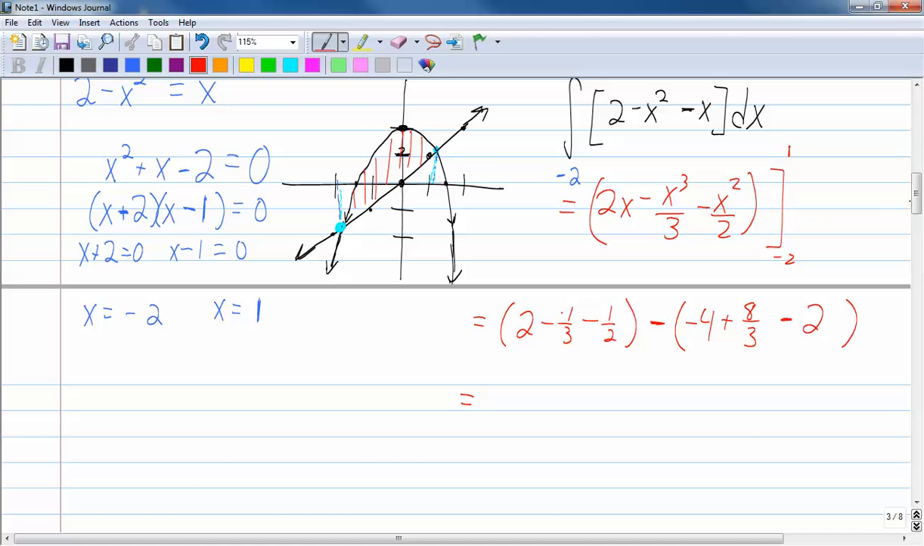Alright, and so let's see. I'm going to get these all in sixths. So that's going to be 12/6 minus 2/6 minus 3/6 minus